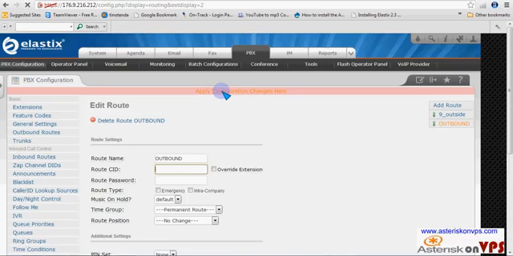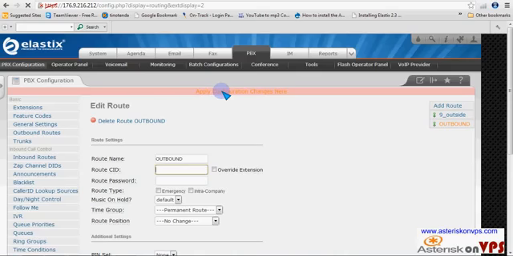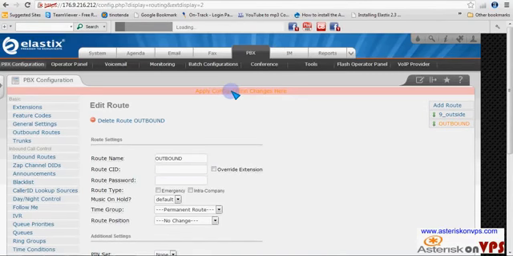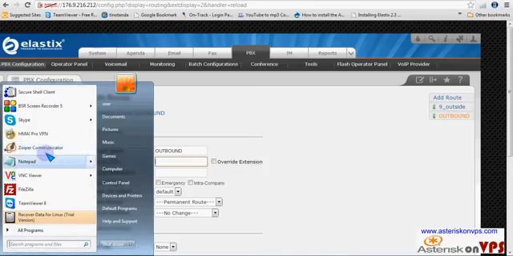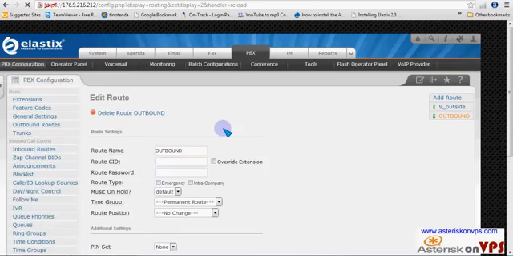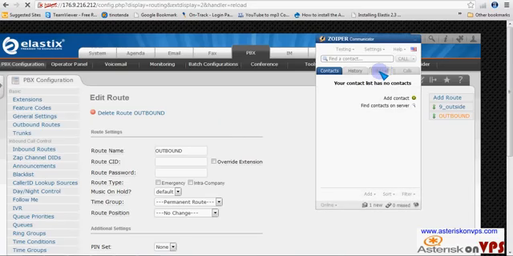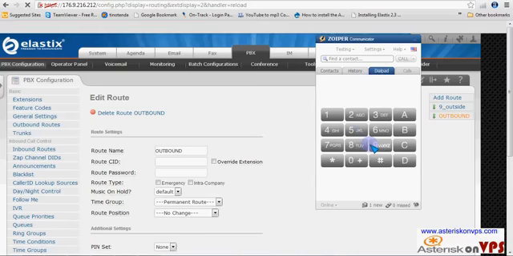So now I just want to apply that. If that IP address was registered at Net2Phone, if we were to make an outbound call here using our testing extension, if we were to make an outbound call to South Africa,